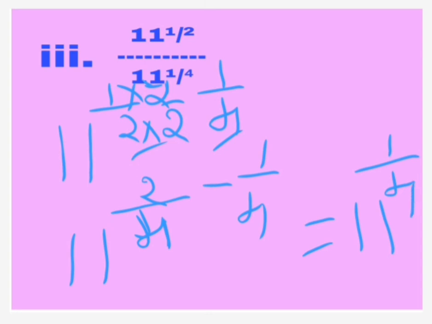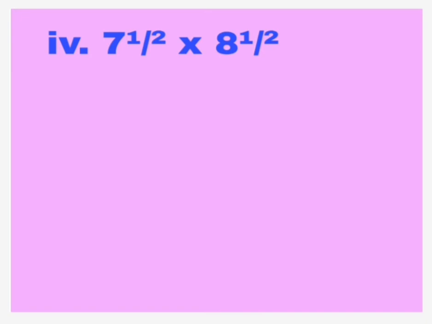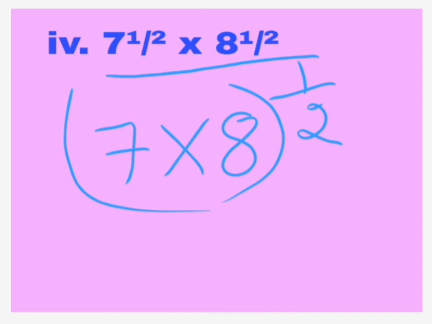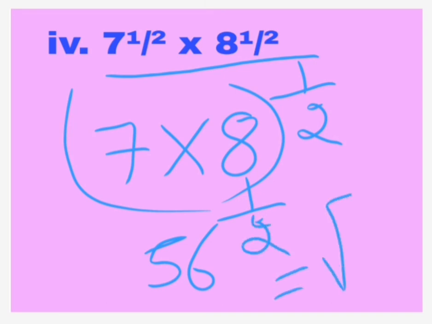Okay. Next move on to the next question, which is the last question of the exercise and the last question of the lesson also. 7 to the power 1 by 2 into 8 to the power 1 by 2. Here also we can use the law of exponent. Same power for two bases means just multiply the bases and take the power one time. 7 8s are 56. 56 to the power 1 by 2. Like this also we can write, or we can write this as square root of 56. 1 by 2 means it is a square root.